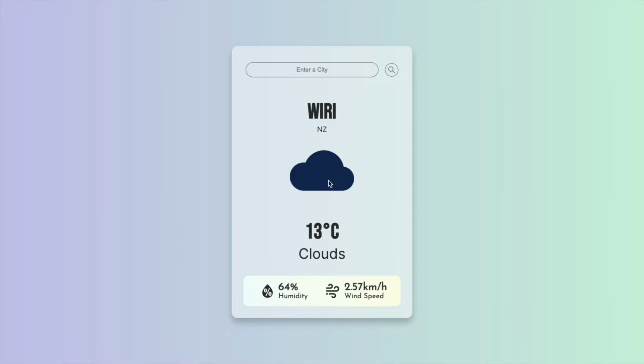As you can see, this is currently fetching my local location's weather. It's cloudy here, and if we search for any other city, let's search for Manukau, it would be the same weather because that's not far from here. Let's search for some other countries. Sydney